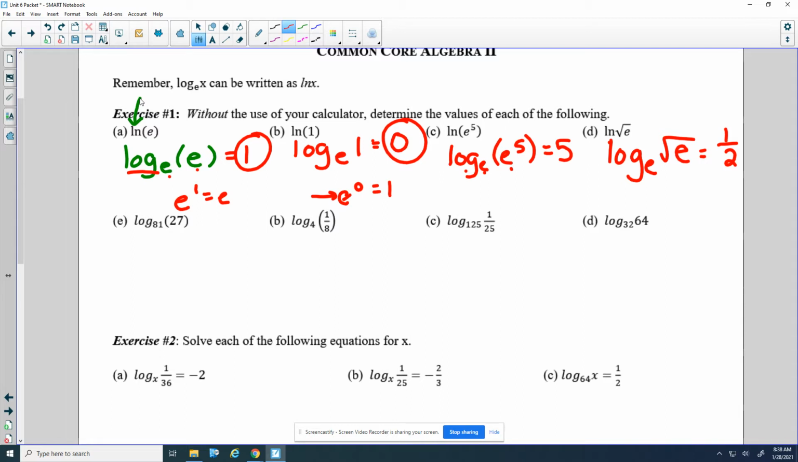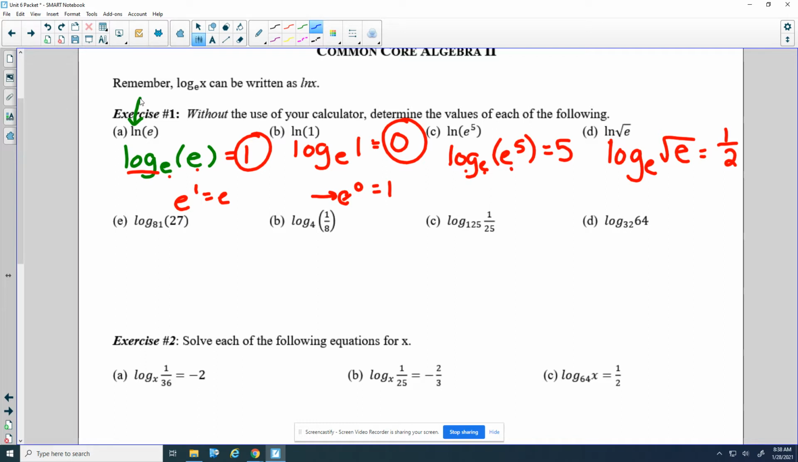So getting over to the next section, these are not natural logarithms or ln, these are just regular ones. Now I'm going to talk about how to think about one of these first to get an answer, but the rest of them I'm going to switch over to exponential form because they are kind of tricky to figure out in your head. So when I look at my log base 81 of 27, I think of 3 being that